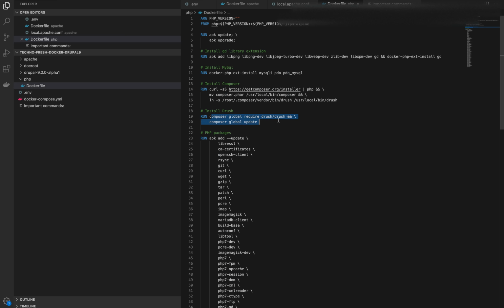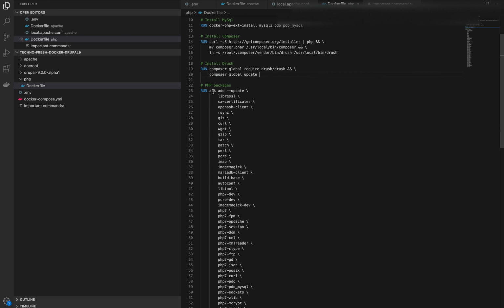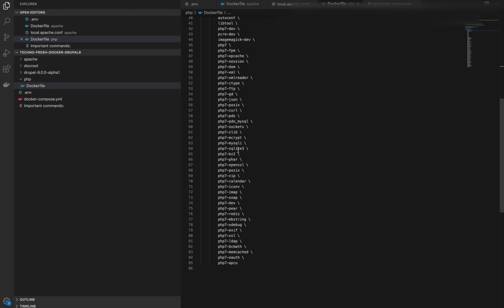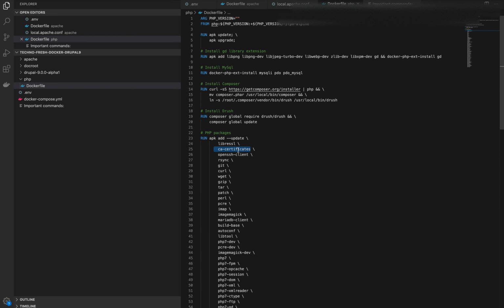I hope Drupal people know about Drush, so you can use it. This will install the latest version of Drush and some of the PHP packages, like the CA certificates libraries. These packages are important to be installed to run any Drupal environment.